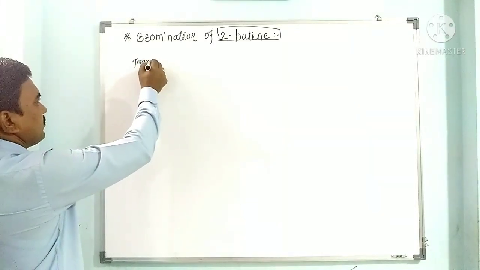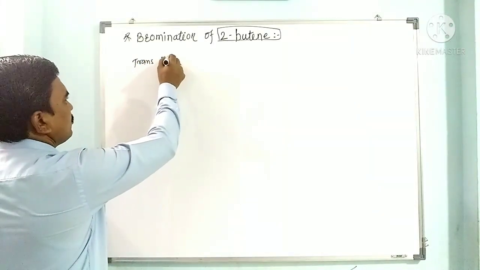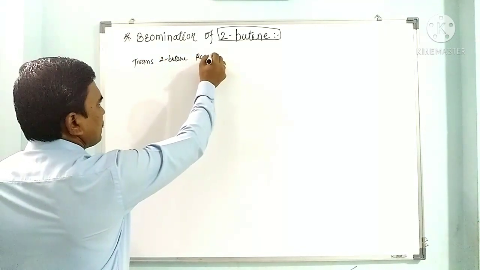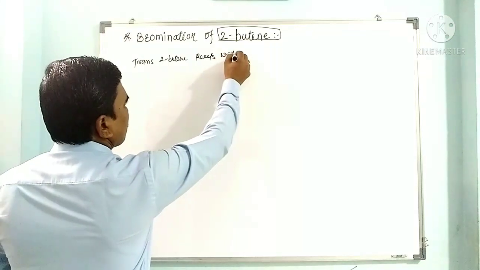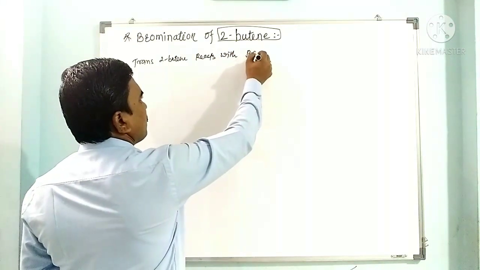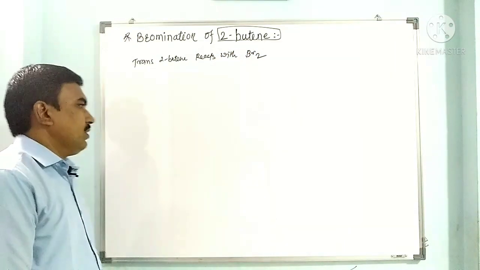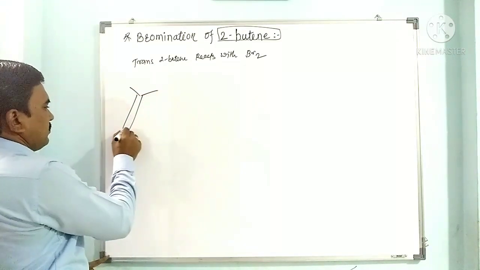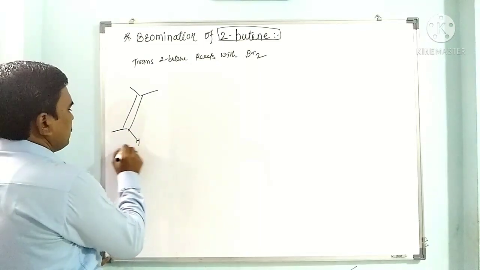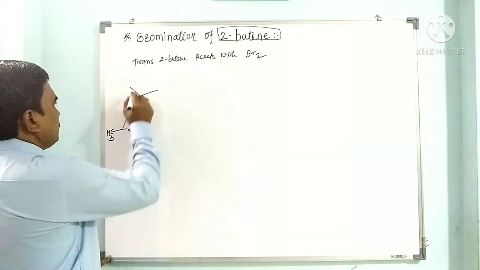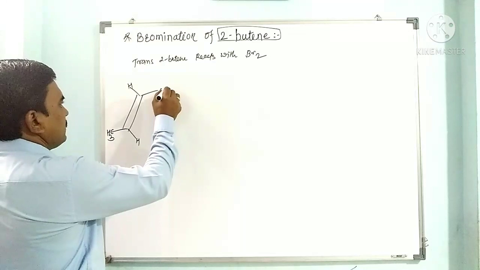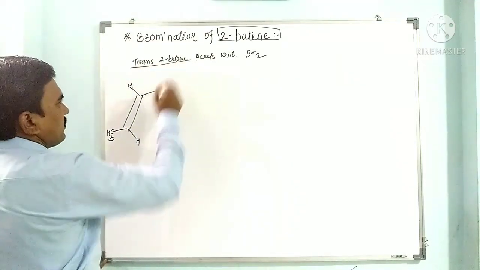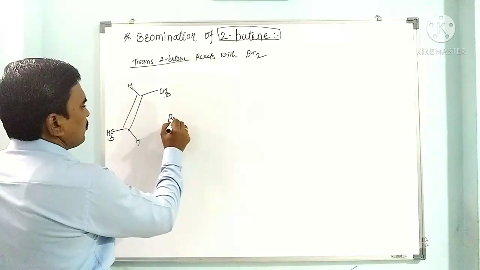Trans 2-butene reacts with bromine. Now see here the trans compound. Here there is H, CH3, this is H, and this is CH3. So this is trans butene. When this trans butene reacts with bromine,